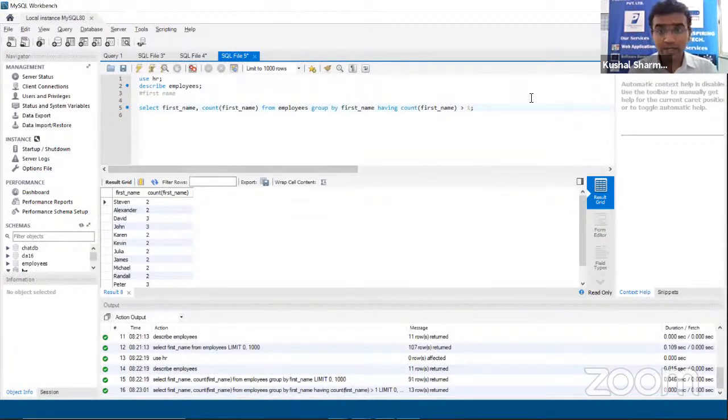Let's have an example. For example, I want to know the department ID of the person who is having the maximum salary. For this, I need to have a query for maximum salary. So select max salary from employees. This is one query I need to have, and another is select department_id from employees where salary